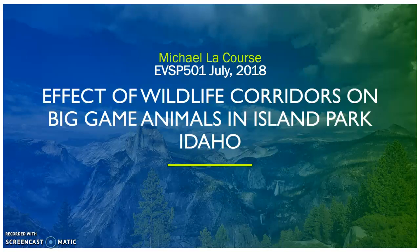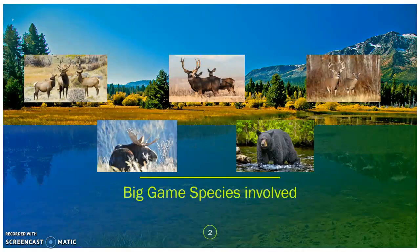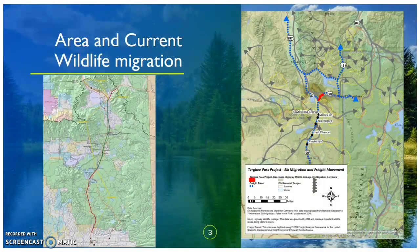This is the introduction of my topic for the class project in environmental management: Effect of wildlife corridors on big game animals in Island Park, Idaho. The big game species involved in the Island Park Wildlife Migration Corridor are Rocky Mountain elk, mule deer, white-tailed deer, moose, and black bear. On the left side, you will see a map with the US 20 highway highlighted in